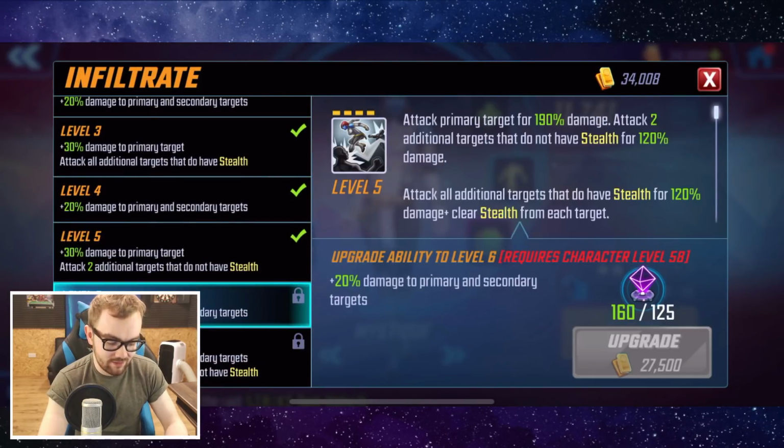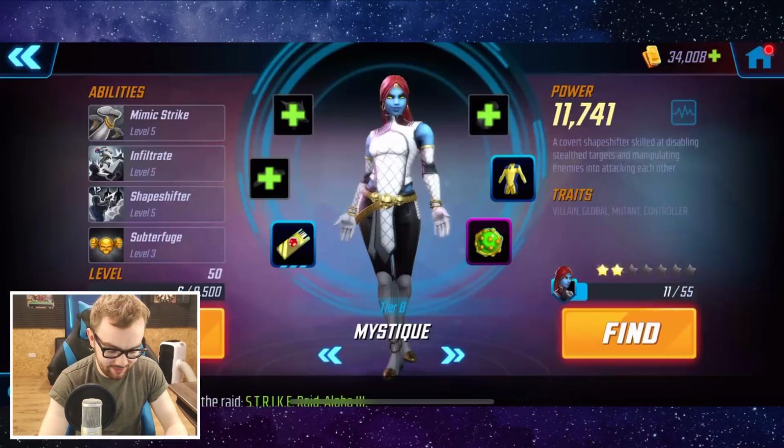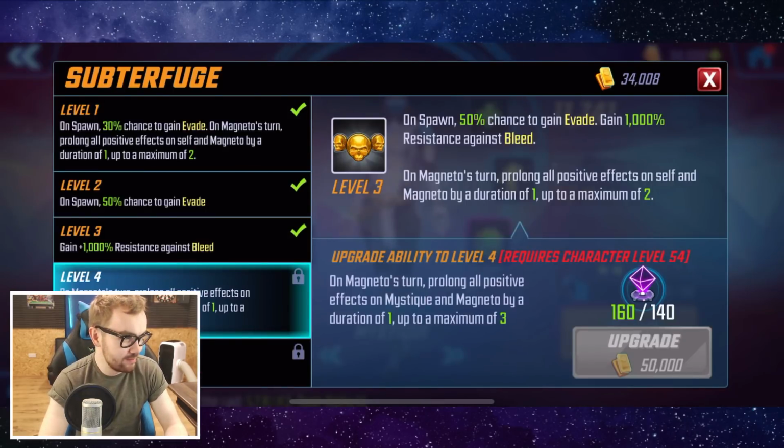And the second one attacks the primary target and 2 additional targets that do not have stealth, but also will attack all additional targets that do have stealth and remove stealth from each target there. So we're going to look for some stealth matchups today. And also her passive... Oh, sorry, we didn't check out her ultimate there. The ultimate is...